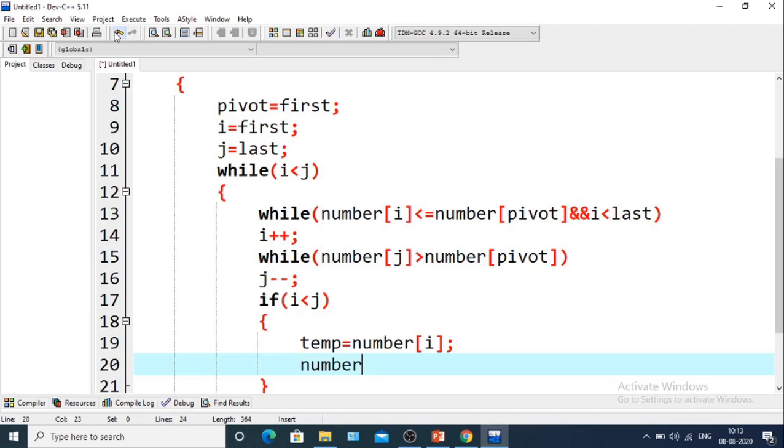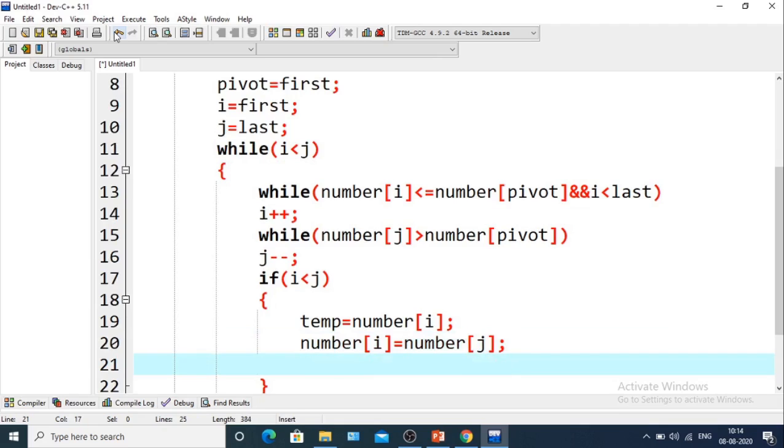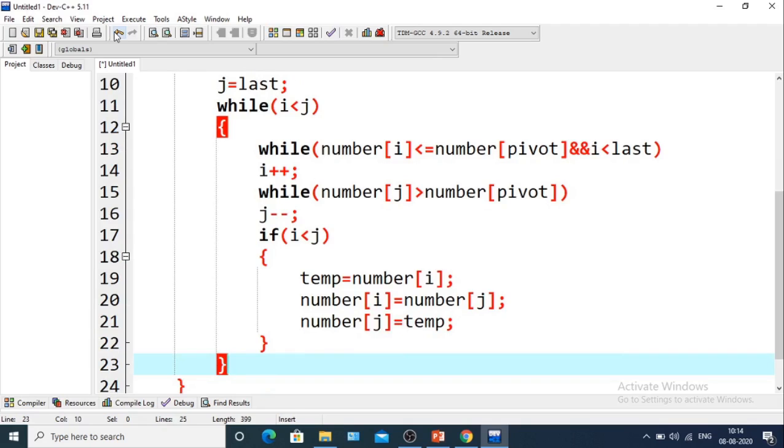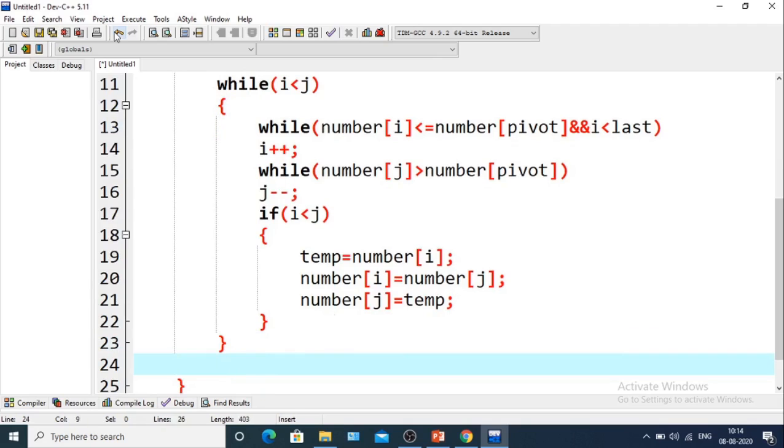The number of i will be number of j. This was the swapping, and number of j will now be temp. So outside the if loop, we'll write temp equals number of pivot.